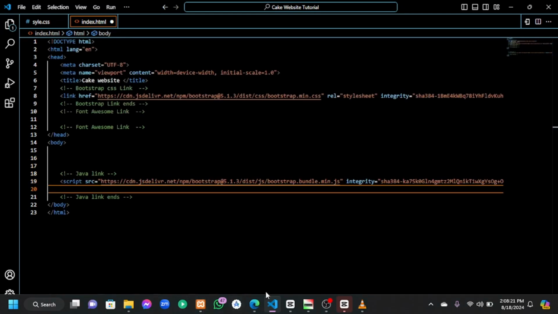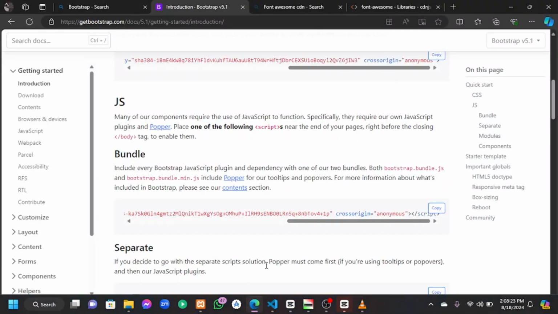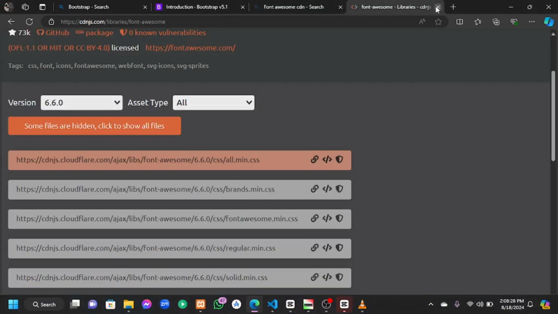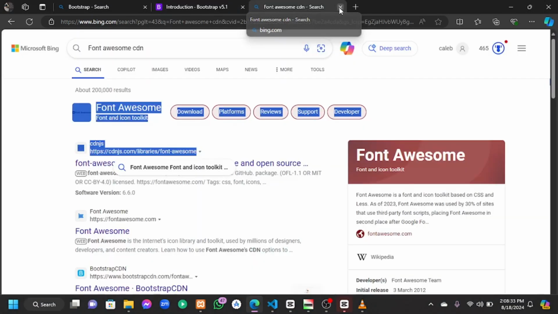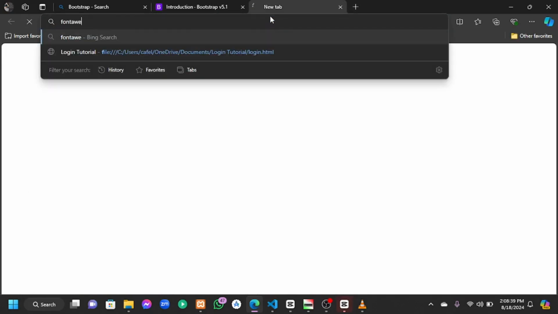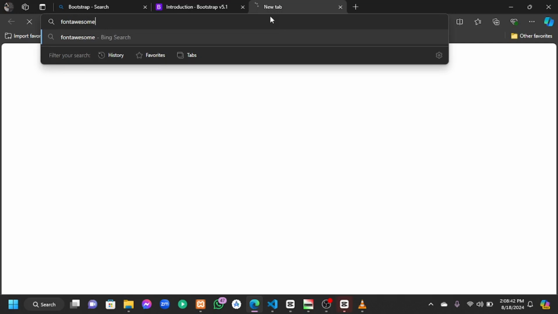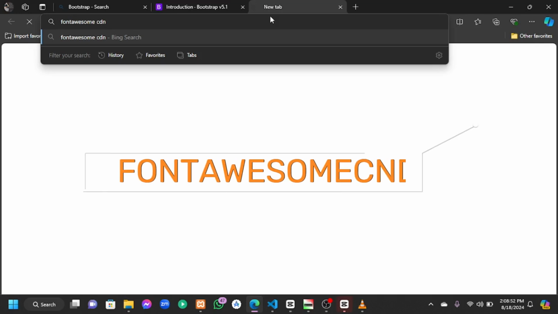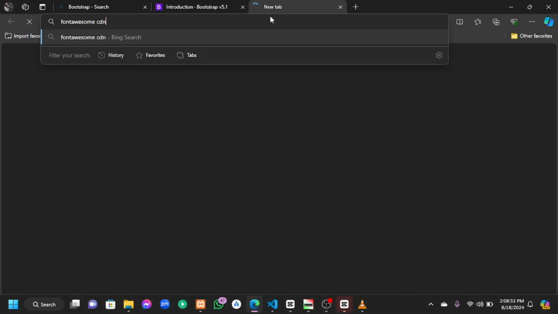Now we need to head over to fontawesome.com so we can copy the Font Awesome link. You can see I already have it here, but just for the sake of beginners, I'm going to search for it also. All we need to do is come over to your browser and write Font Awesome CDN. Make sure you put the CDN so that the browser knows you are looking for the files, or you can also say the link, because if you just write Font Awesome, it might take you to the icons. So just click Enter,